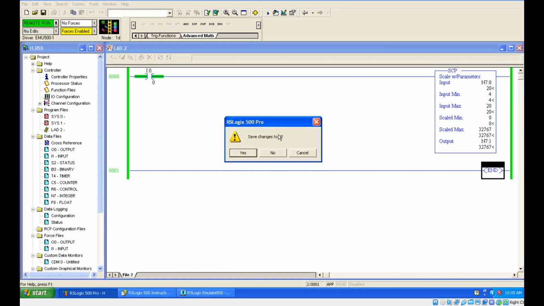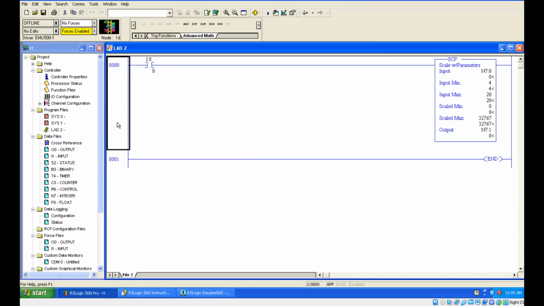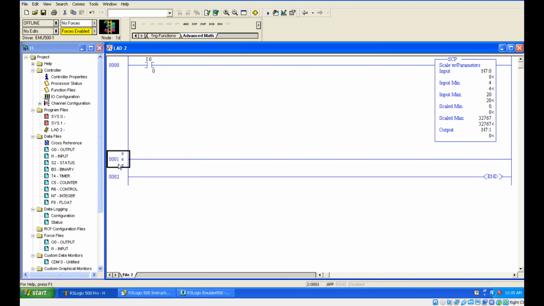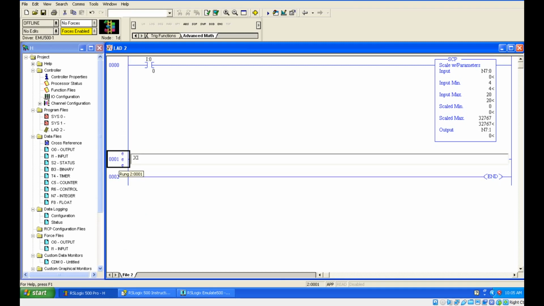So just go offline. Now you are writing a program for that level controller. Okay. So in this, let's take a comparator.